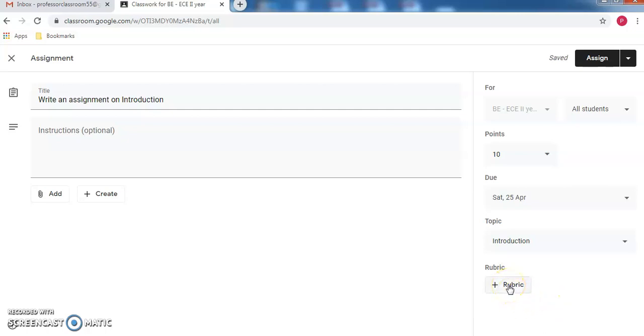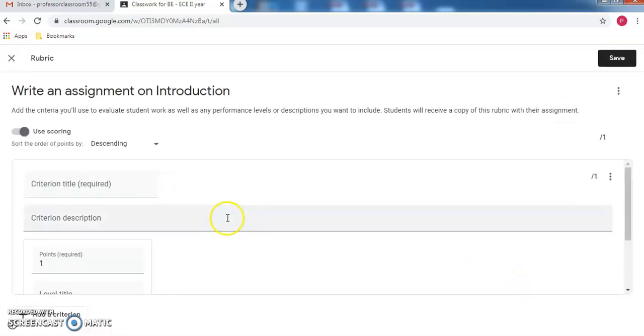And rubric is something different, where while you are evaluating, it is a kind of key kind of thing. So while we are evaluating, for what things you have to give how much points. Let us see for grammar.